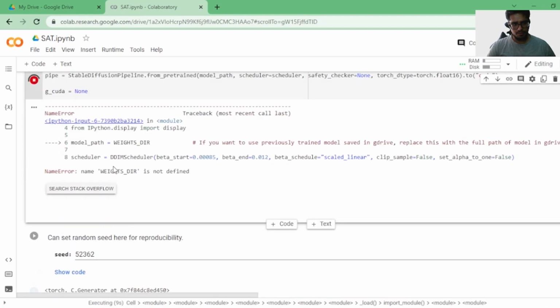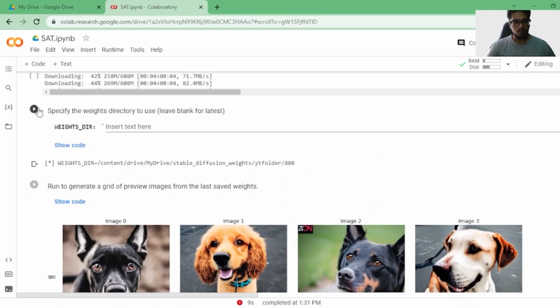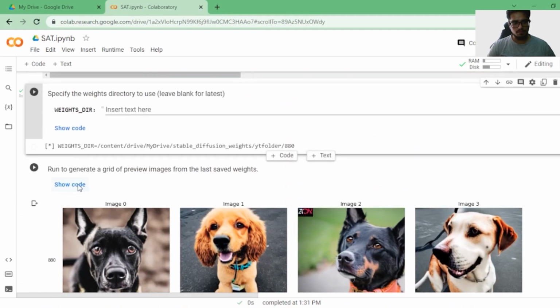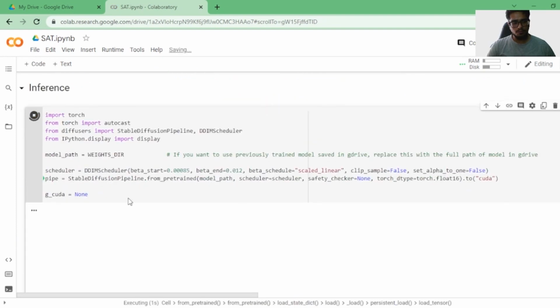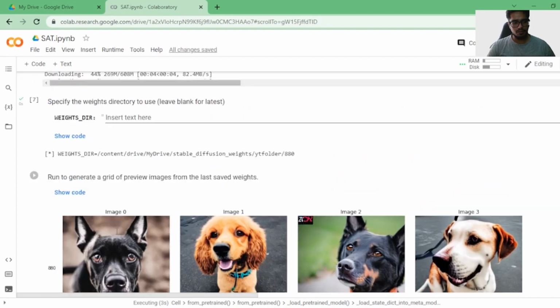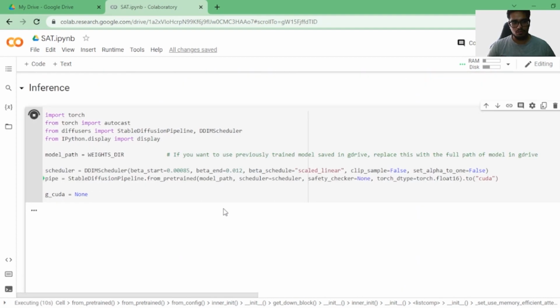It takes around a minute or so. You may have to load this once, and now go to inference. You can see it's saying weights directory, so you need to give weights directory, but if you don't give anything here, it will load the latest one, which is this, which is where our model is stored right now. So you just put that in, or just run that in once,